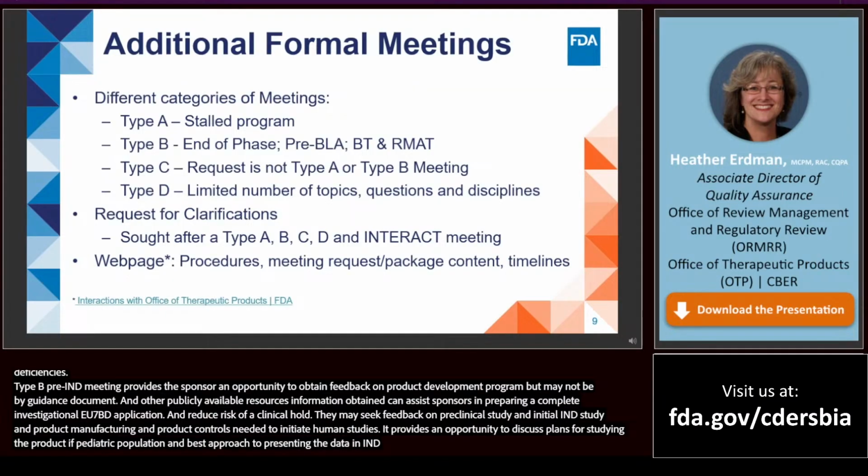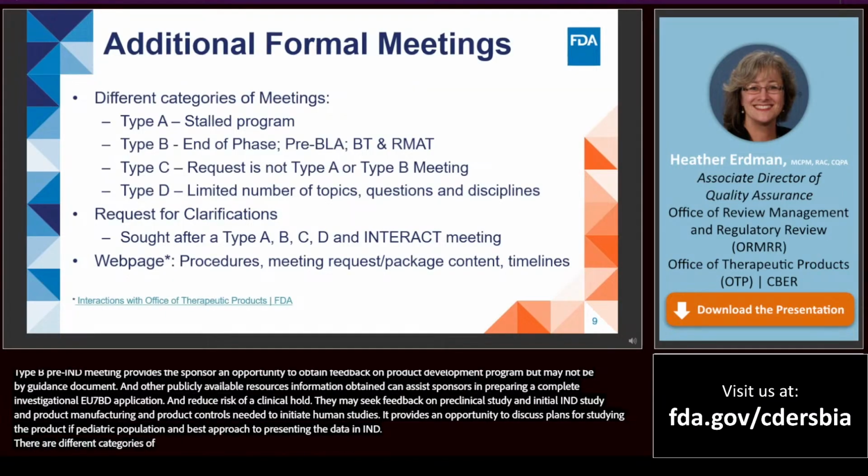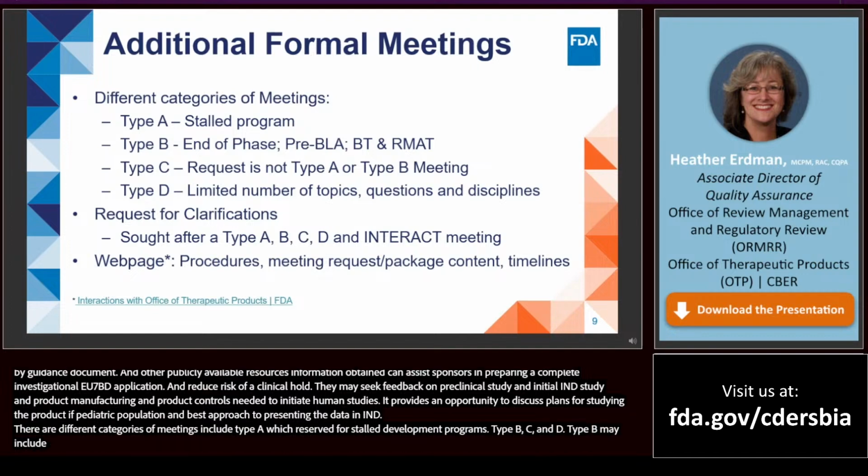There are different categories of meetings, including Type A, which are reserved for stalled product development programs, Type B, Type C, and Type D meetings. Type B meetings may include, but not be limited to, an IND end-of-phase meetings to review the development program, a Type B pre-BLA meeting to discuss the proposed content of and readiness for Biologics License Application, or BLA, and identify